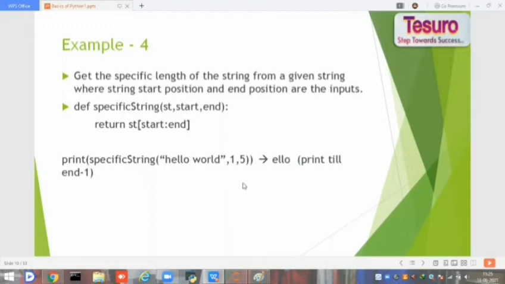And this is one more example to retrieve the specific size length string.